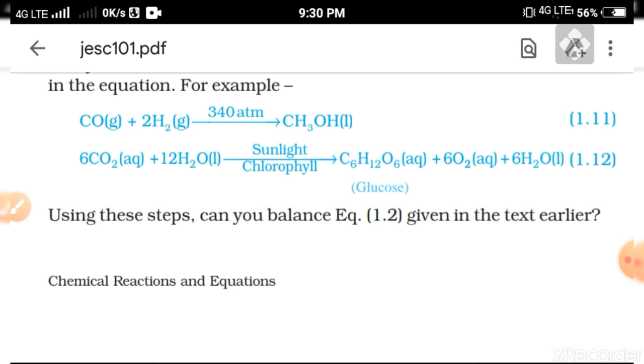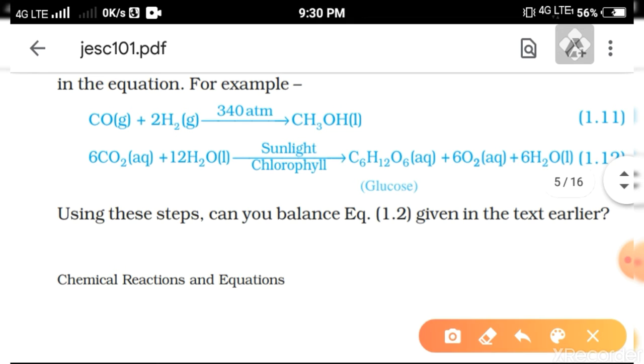We have to express the physical state of which substance, which compound, which element. Just like here is another example, CO2. You know CO2 is in a gaseous state, but here it is aqueous. Aqueous means dissolved in water, or water present in that substance, material or chemical. If a substance has water molecules or moisture present in it, then it is known as aqueous.